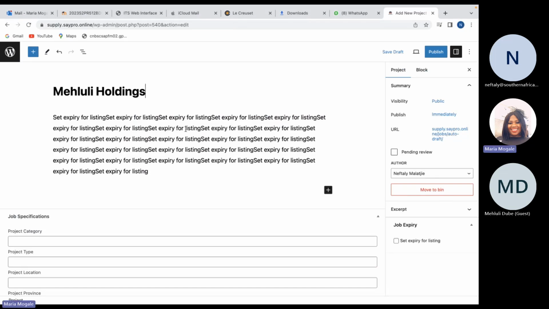So Meshuli and Makoti, are we aligned on that? That for projects? Yes, but still, Maria, I still have got my reservations on that, because there can never be a situation whereby a project comes first before a contractor. How do you create a project when there is no contractor? So all projects fall under contractors, all projects fall under subcontractors.